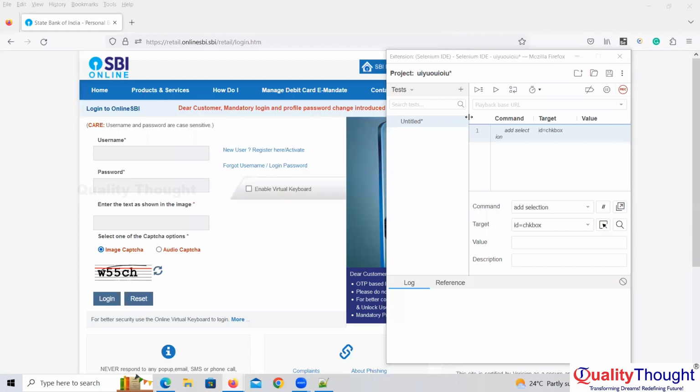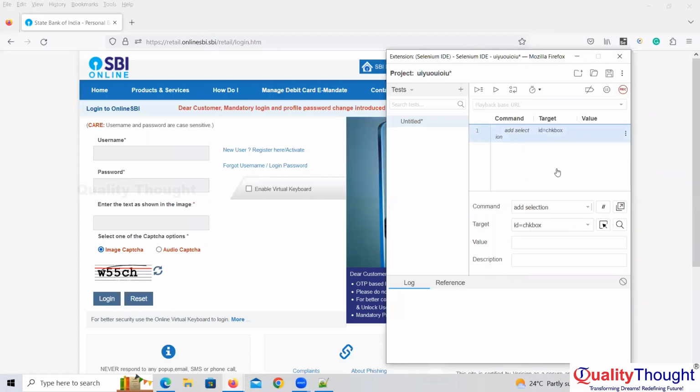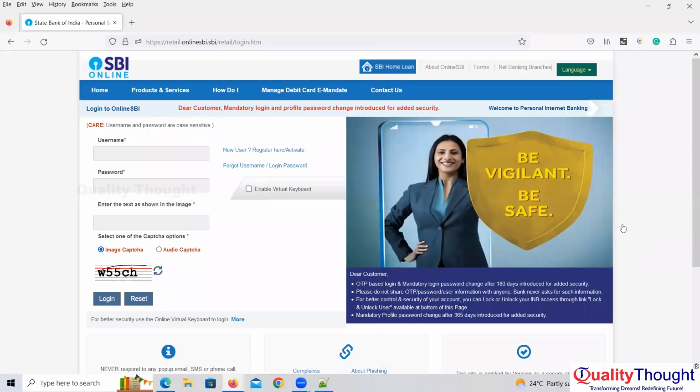To check whether the syntax is correct or not, select this row and click the search icon. Once I click the search icon, if the element is identified, it's going to highlight on the UI. If it is not identified,